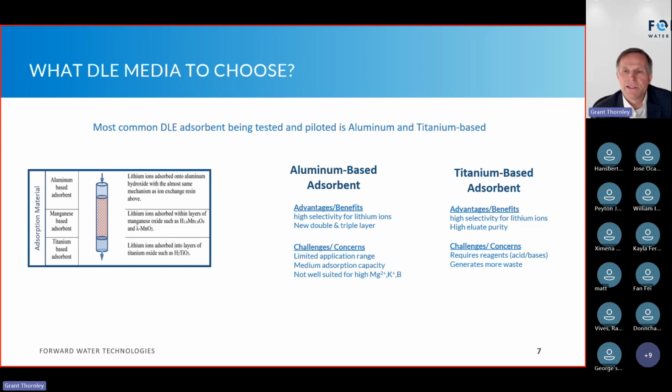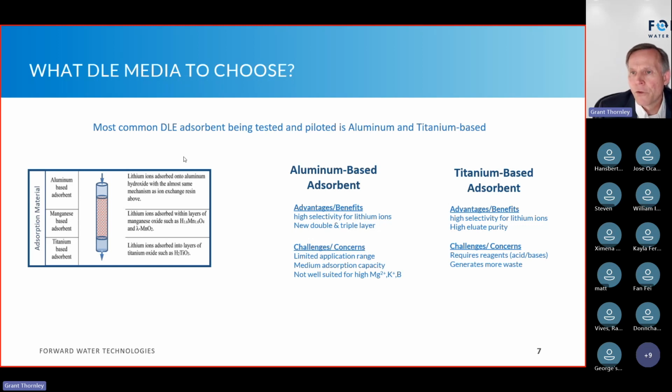So even though it's a lithium aluminate double hydroxide sorbent, they're not all the same. They're different. So you're going to have to test and optimize each one of those medias and tune it to